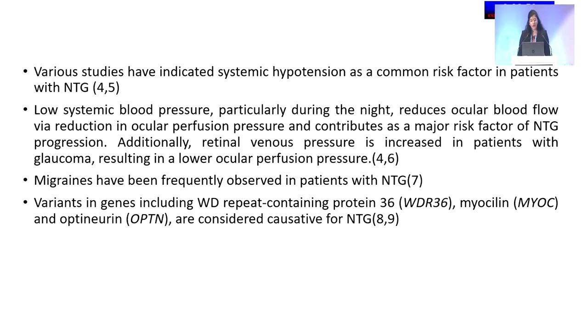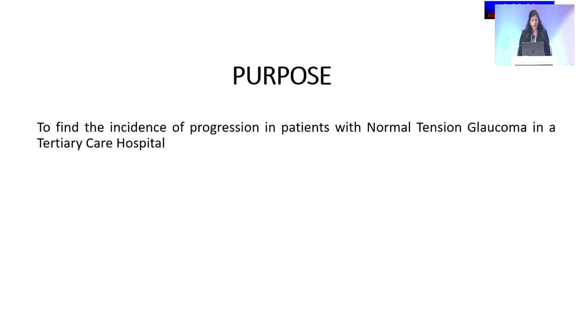Additionally, retinal venous pressure is increased in patients with glaucoma, resulting in a lower ocular perfusion pressure. Migraines have been frequently observed in patients with normal tension glaucoma, and various genes like WD repeat containing protein 36, myocilin and optineurin are also considered causative for normal tension glaucoma. So the purpose of the study was to find the incidence of progression in patients with normal tension glaucoma in